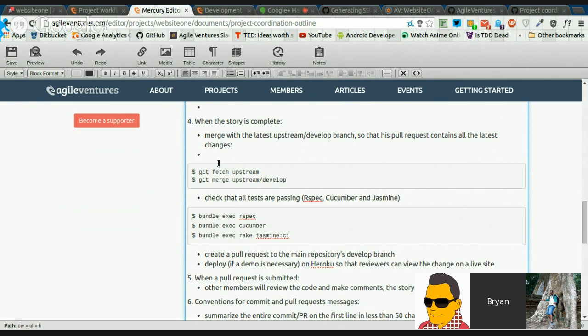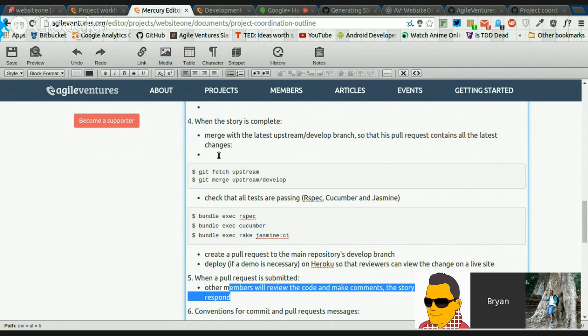Story owner or pairing partners should respond. How do I phrase this? Should